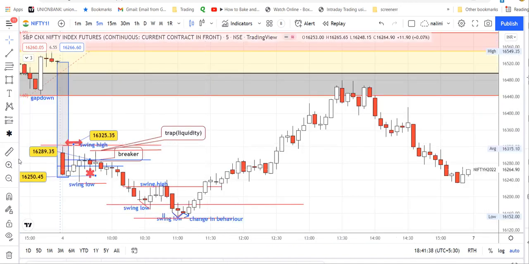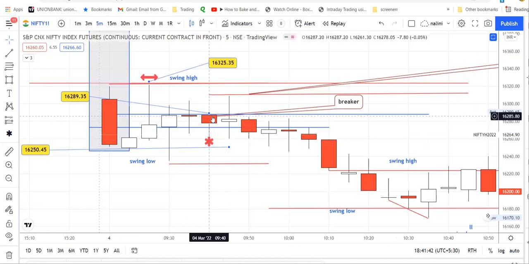So you can see this is the candle. It is a breaker candle. I call it a breaker because it has broken down this set of trend. And when you see this breaker candle, mark the low and high of this candle,